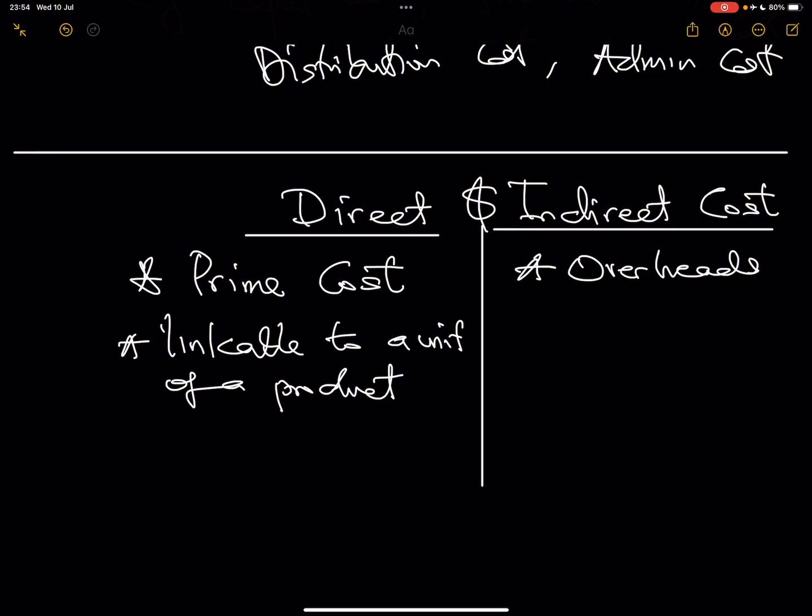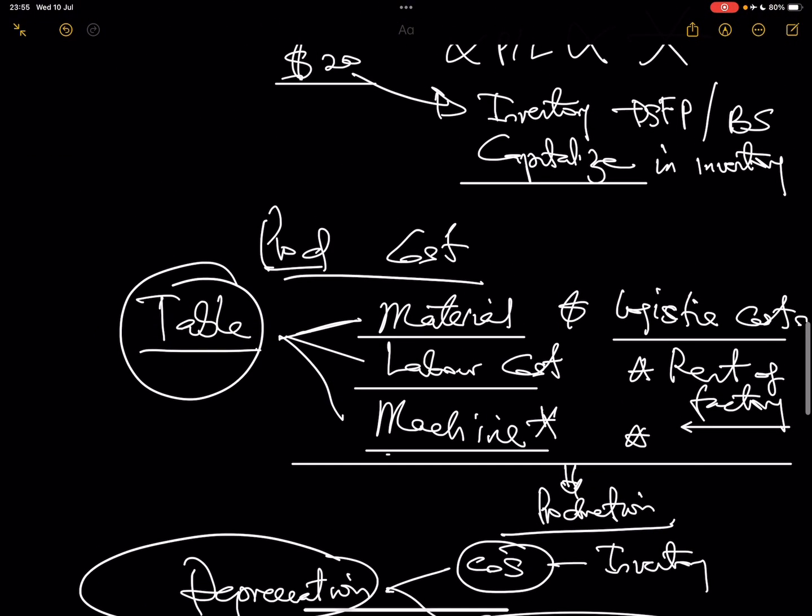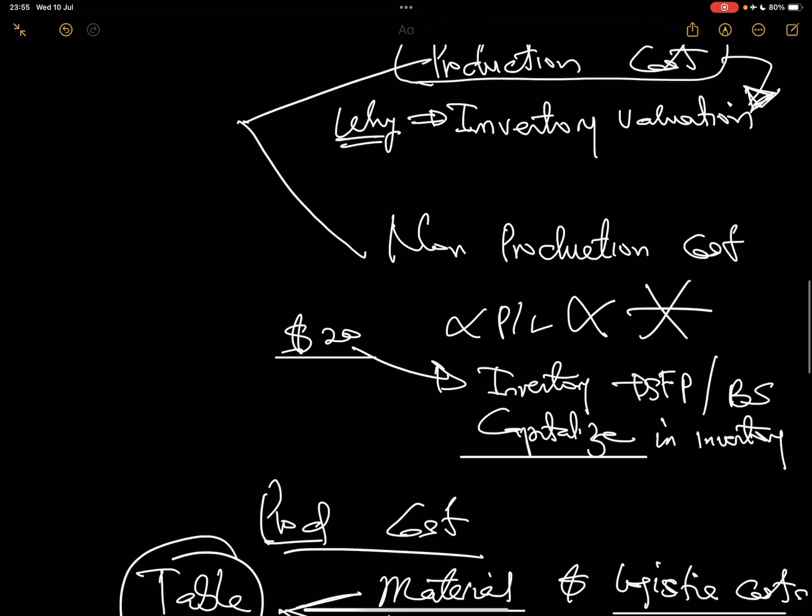Yeah, and that's why you can have general overheads or production overhead, because even in the production department, the production cost, you can have overhead, and you can also have overhead outside production. So that's why you can have production overhead. If you have production overhead, it's a production cost. It's an indirect cost, but it's happening in the production space,